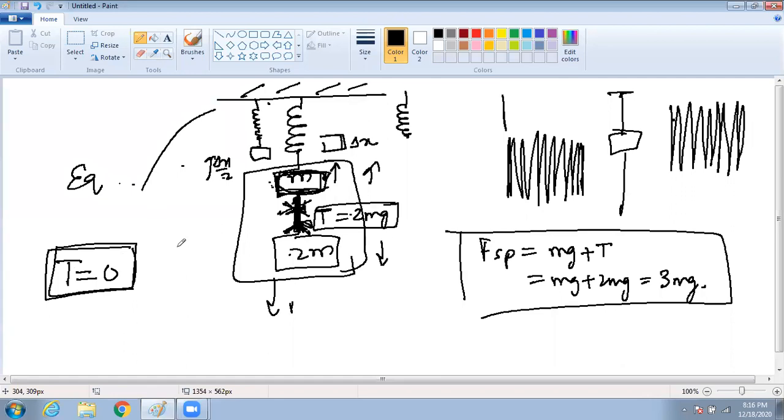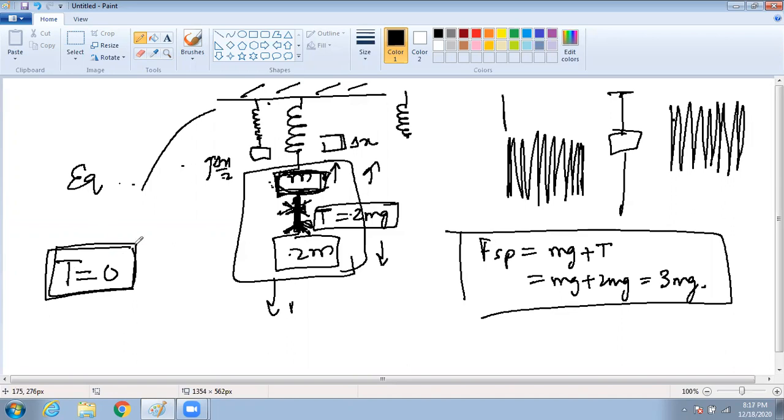Yeah, tell me. Sir, but the mass will change. Correct. I agree with you. At that particular moment, the spring will not feel anything. After some time, F_sp will change. But at that particular moment, no. You see, we are all talking about the instant, just after cutting. Yes, sir. At that moment, F_sp will not change. Okay?